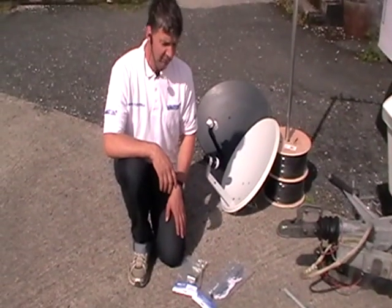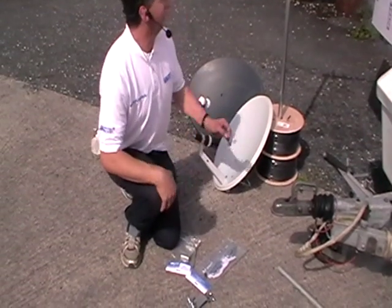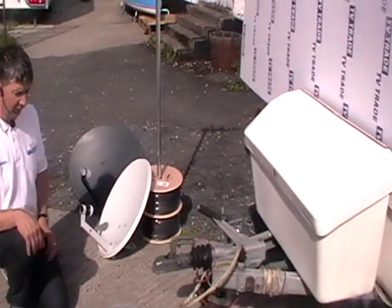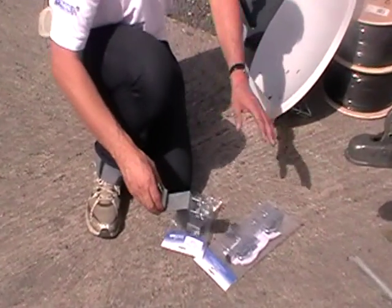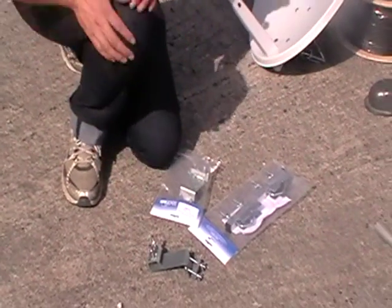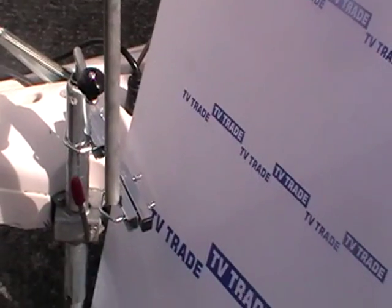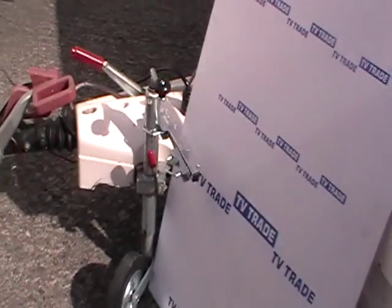We've two new interesting products on the tvtrade.ie website designed specifically to counteract the problem of how to securely mount either a TV aerial or a satellite dish either on a Caravan or a mobile home. So the two brackets are basically an A-frame bracket which clamps onto the front tow bar of a Caravan here, or equally we have a jockey wheel bracket which we have pre-assembled that I'll just quickly show you over here. It's clamped onto the tow bar and we simply drop in a pole like this, lock it into position, okay? But this video here we're specifically going to deal with the A-frame bracket, which I have